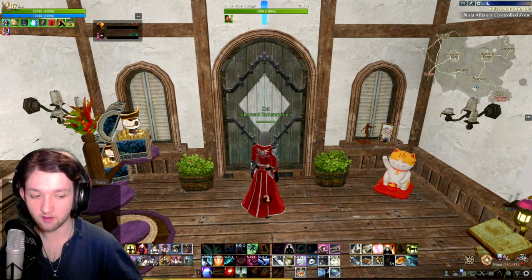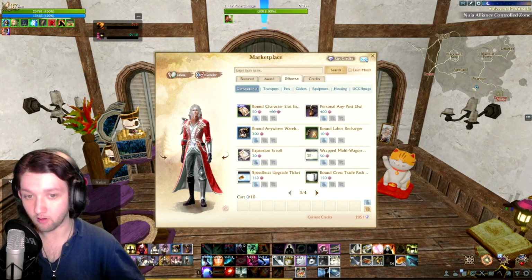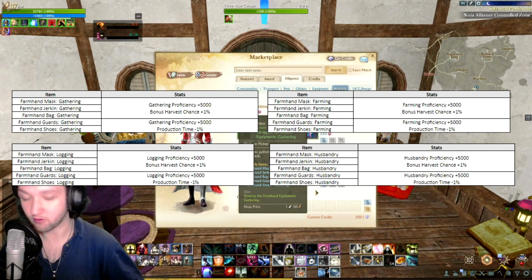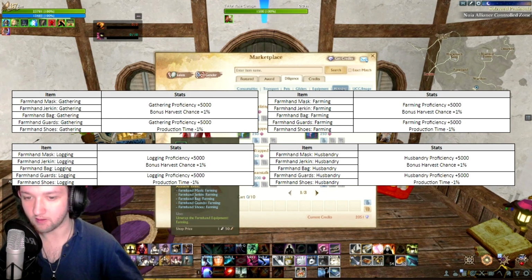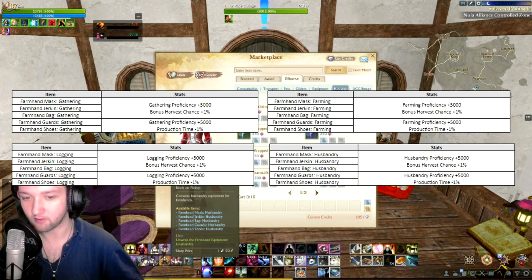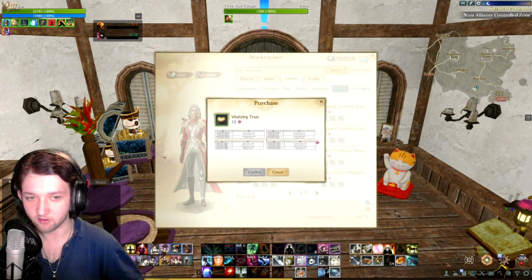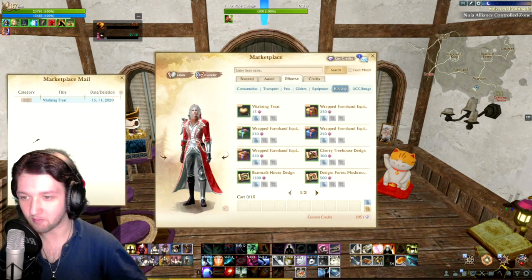Now, the other ones that are available for diligence. So if we come on over to housing, you'll notice the farmhand gathering equipment is 250 diligence. Then you have the farming for 250, the logging 250, and the husbandry for 250, as well as vitalizing traits. I'm actually going to buy some of these just so I can demonstrate stuff, because I messed up my